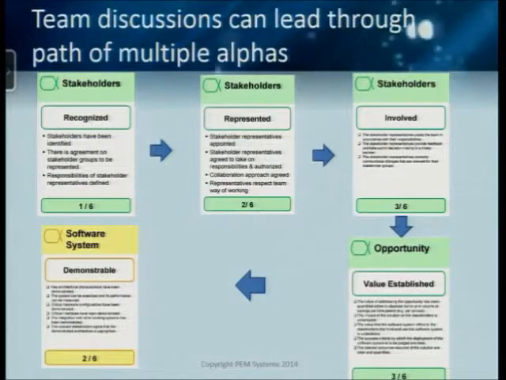Now, I mentioned earlier, this is one of the things that I think is really powerful. This is all natural language. It's not hard to figure this stuff out. You guys don't have to go take 300 hours of study and become a Lean Six Sigma black belt. But a lot of what Lean Six Sigma is about is for consultants to come in and do root cause analysis using all kinds of fancy analytical tools. And I like them. I actually use them in my business. So I'm not trying to knock that.